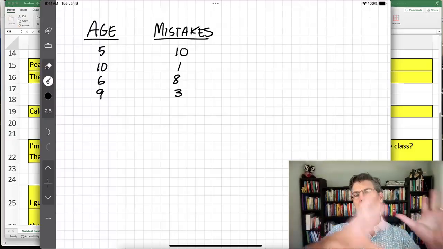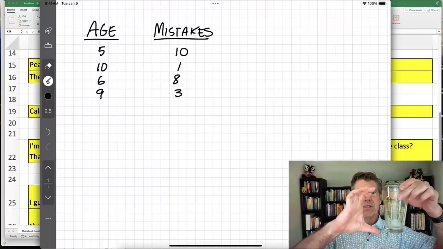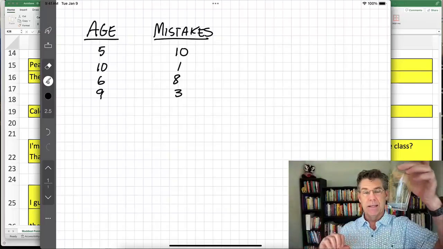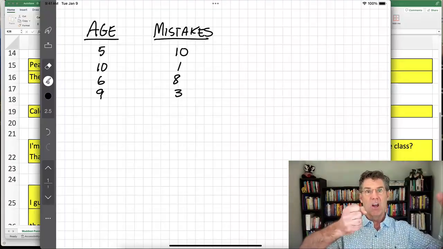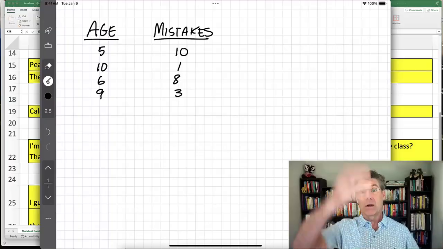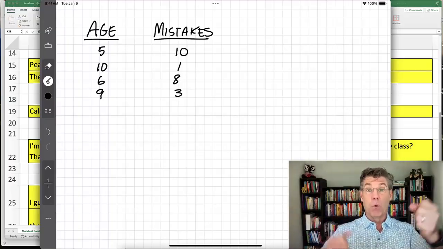Like conservation of mass and conservation of volume. Let's say I had a glass here full of water, and I say, watch this, and then I pour it into a very long, tall tube, and now it fills up that tube, and I would ask which of these had more water in it.